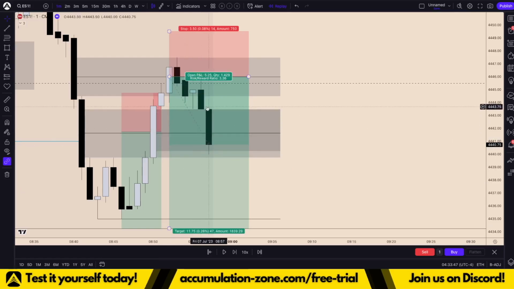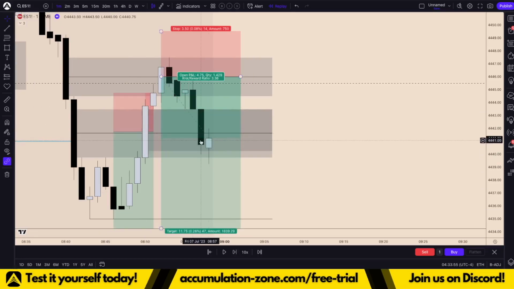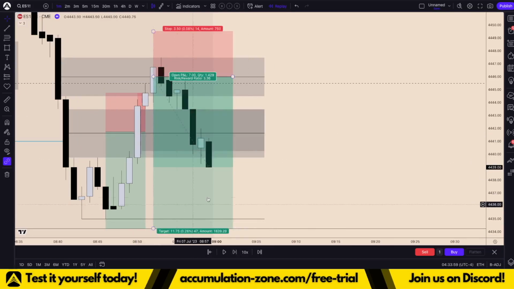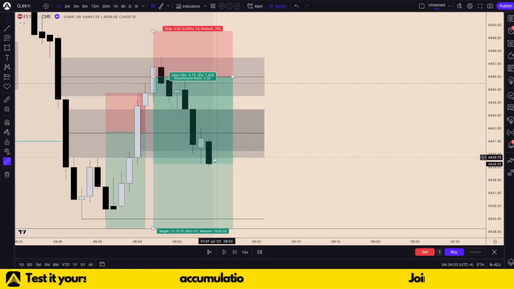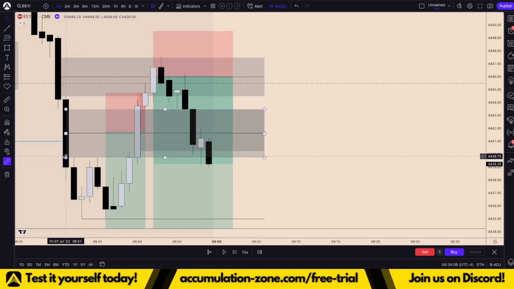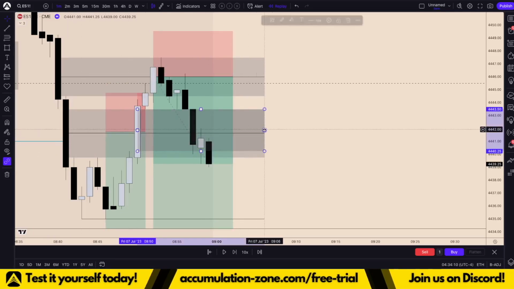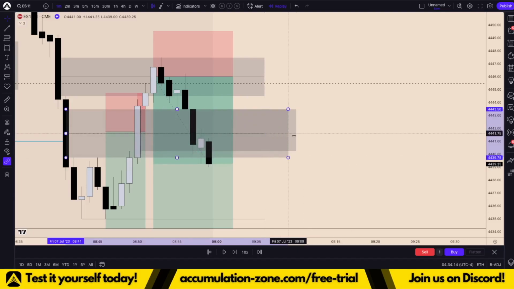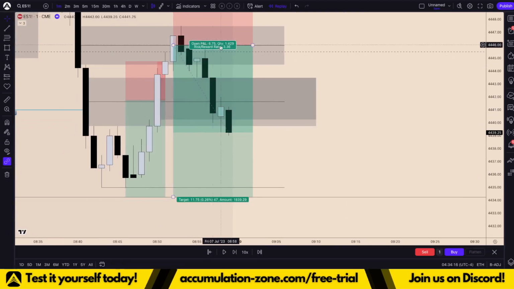And what do we get? We cut right through that first fair value gap. We did not close below it, so right now we're still going to wait for one more candle. Note that we're below the 50% level. We're still holding some sort of support, so we're going to wait. And right here, we can see that price closed below this inversion from 841 and also below this bearish fair value gap. So now we could look for this area basically to hold or act as resistance into our continuation